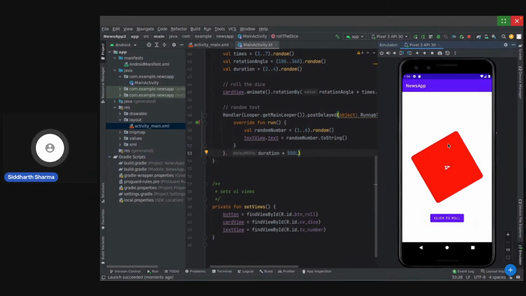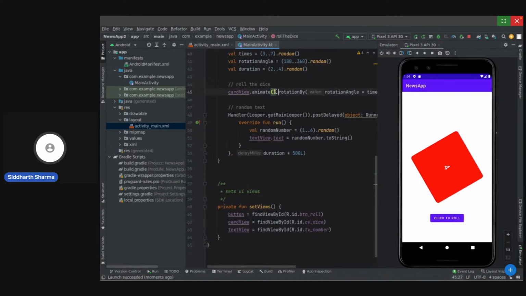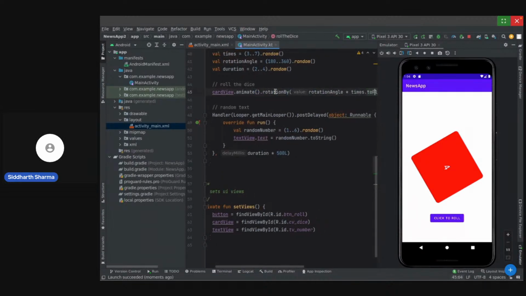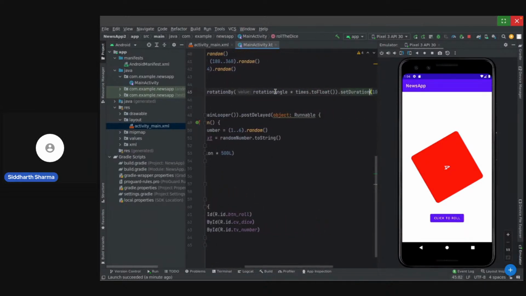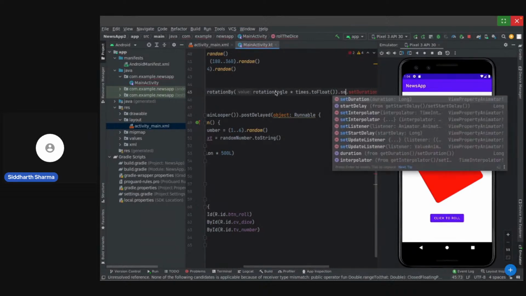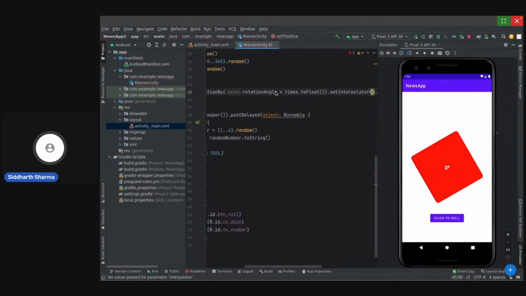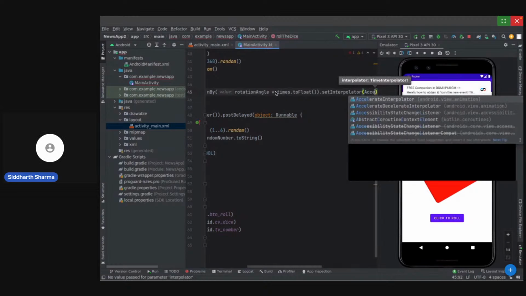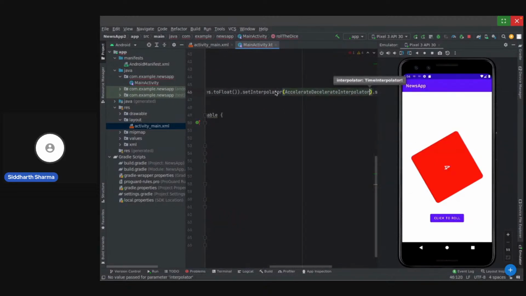Yeah, so let's do a very cool thing over here. Let's just try to give this an interpolator too. Yeah, set interpolator. Let's give it an accelerate decelerate interpolator. Let's rerun this.